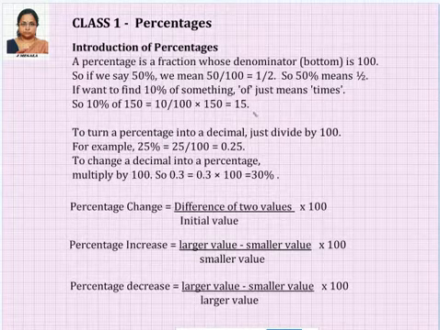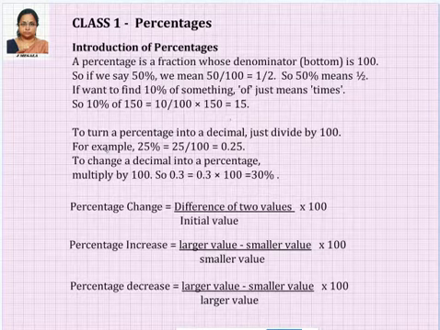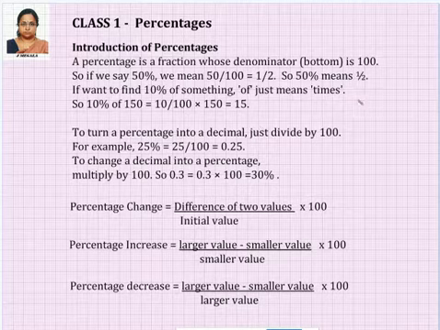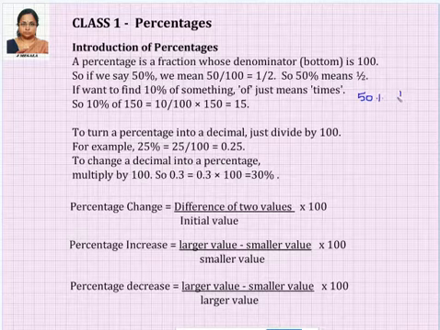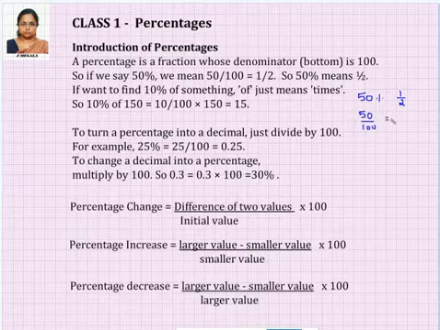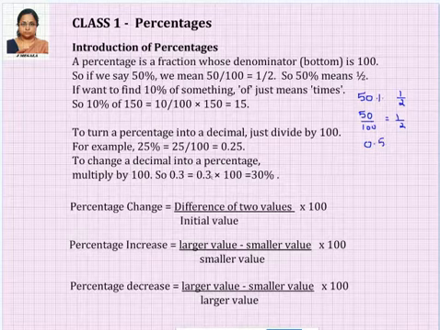So percentages. Normally when we say percentages, it is nothing but the percent. We are comparing any value with respect to 100. So when we say 50 percentage, which is mentioned here, it is nothing but 50 per 100. And 50 per 100 is nothing but half. This is in terms of fraction. If you want to write in terms of decimal, it's going to be 0.5. 50 by 100 is 0.5. So that's what is mentioned here.